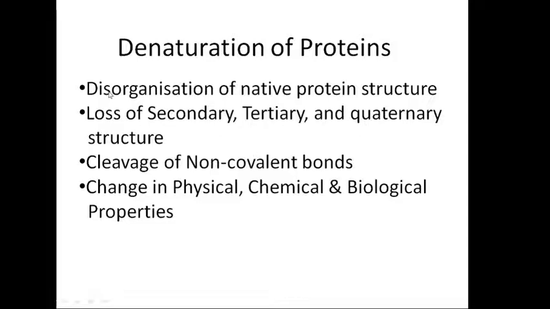Following this unfolding, there is the disorganization of the native structural protein, which may result in the loss of either the secondary or the tertiary or the quaternary structure. And this unfolding of the native protein leading to its loss of activity